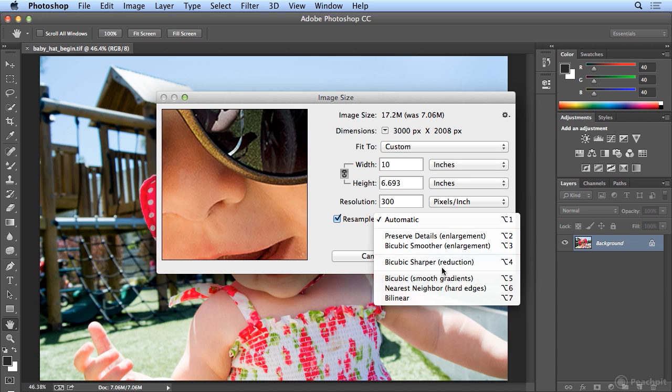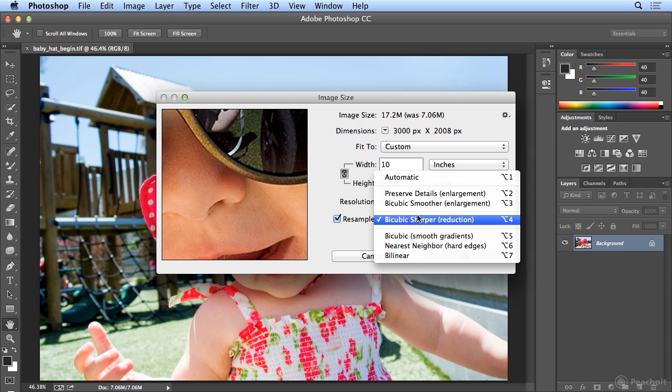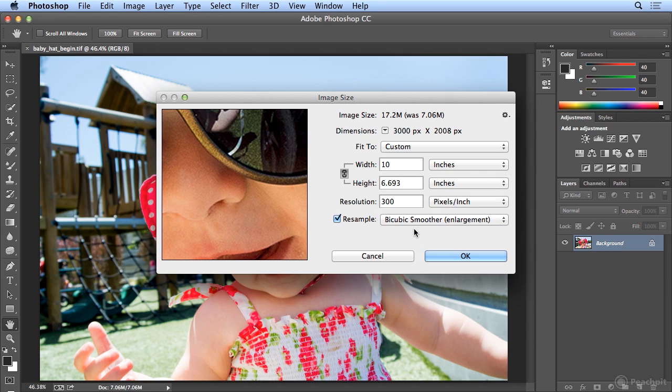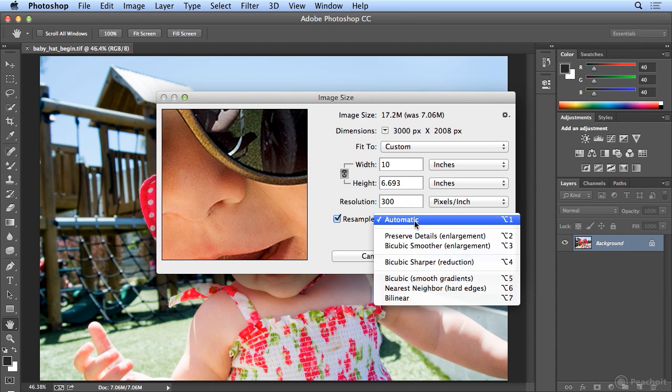Now, if you're doing reduction of image size, sharper is preferred. But for enlargement, you could play with your own preserved detail settings, or you could use the smoother for enlargement. Automatic does quite well. The last few are for gradients, where nearest neighbor only looks at the left and right